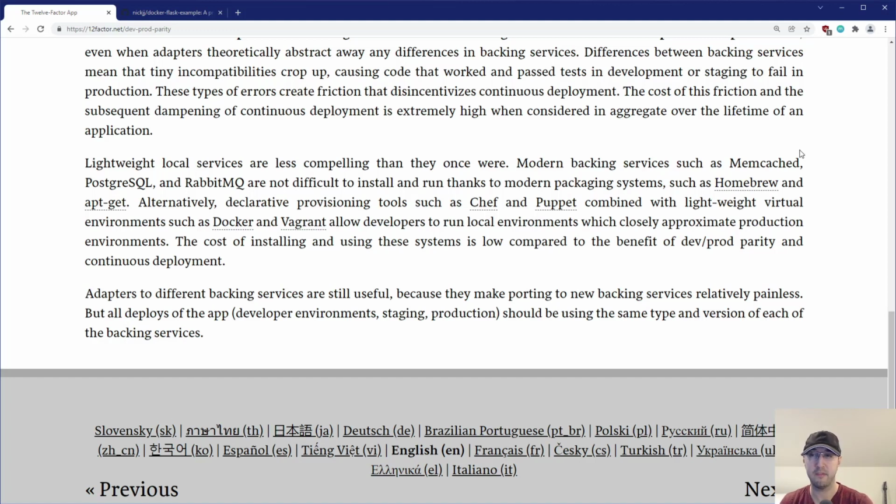I think there's like some alternative. I'm not really a Mac user, but there's the other one. And then, if you're using Debian or Ubuntu, you can just apt-get install stuff. You're using a different distro, you know where to go. So alternatively, declarative provisioning tools such as Chef and Puppet combined with a lightweight virtual environment such as Docker and